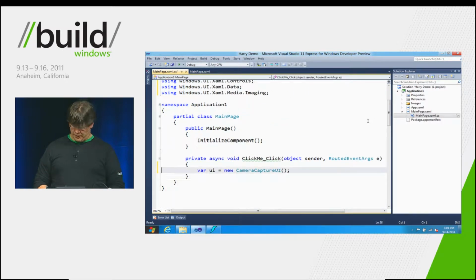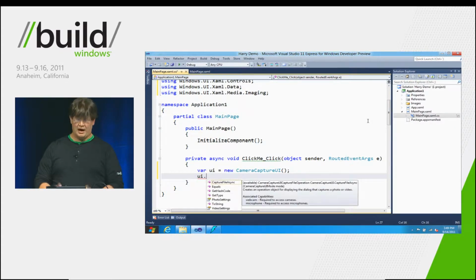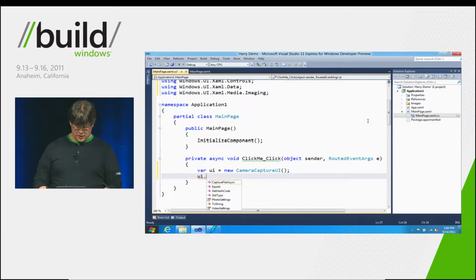So now we'll come back down here and we're going to set some properties just to show that working. UI, now, by the way, you'll see IntelliSense is working now that I've done the resolution of the namespace. Again, this is all driven by that same Windows Runtime metadata files that we looked at in ILDASM earlier. I'm going to set the photo settings. I'm going to set the cropped aspect ratio to new size